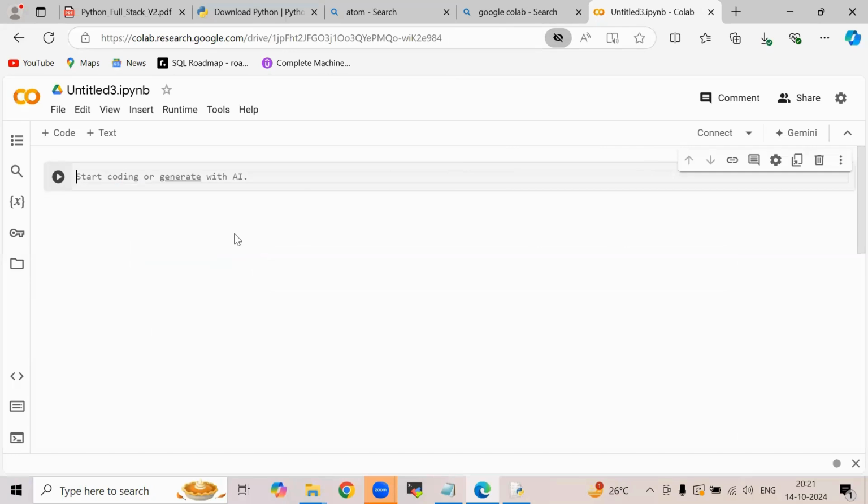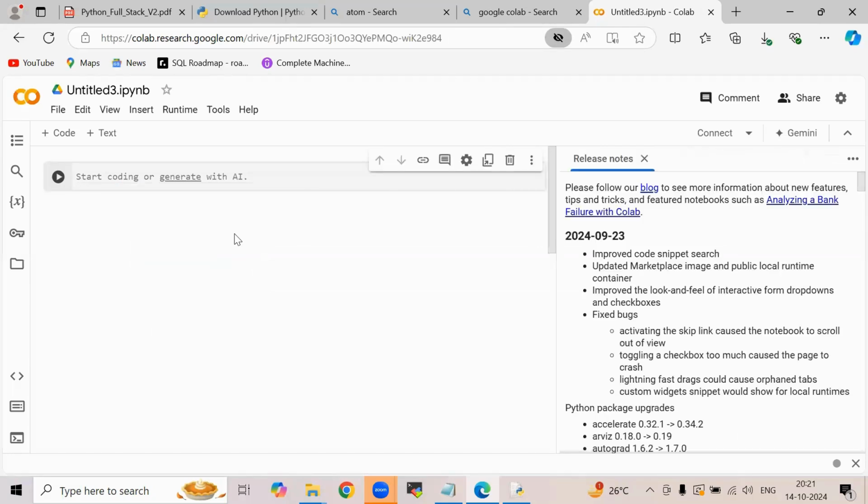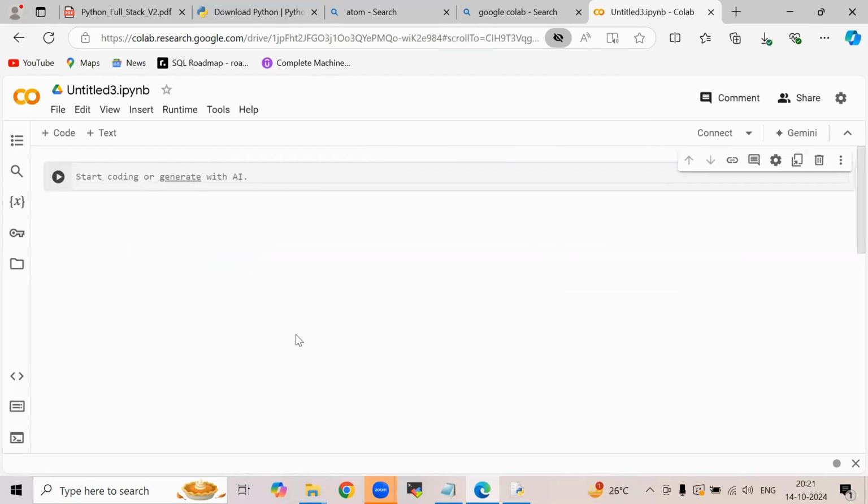You can directly type print hello, then click here. It will get printed. So after watching this extension itself, you can confirm it is following the Jupyter Notebook format. It is actually a notebook.